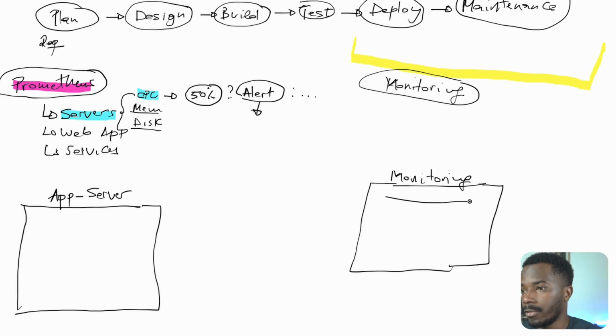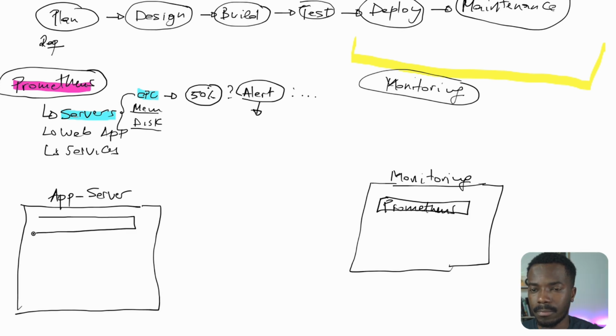Monitoring server, and it's going to run Prometheus. On the other side, on the app server, we're going to install Node Exporter. The role of Node Exporter is to scrape or to expose metrics related to the server, to the machine, through an HTTP endpoint, which could be